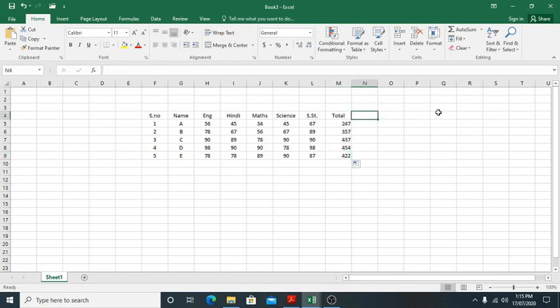Suppose we want to use the basic formula that we have already discussed for the total. What will we write for the basic formula?